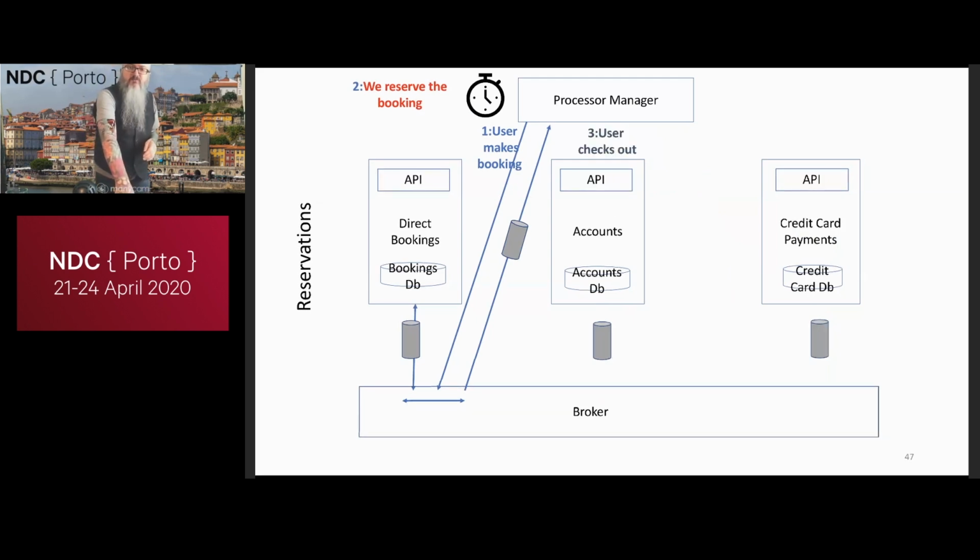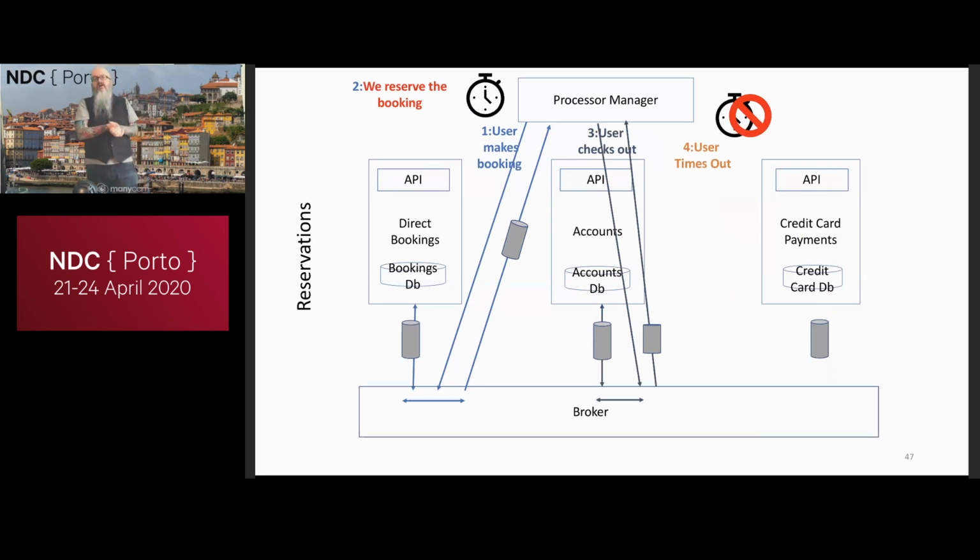And as we go through the rest of the process, if for some reason we fail to reach the end, perhaps because we didn't get all the details we needed from the customer to complete the credit card payment portion of the work, then we can time out that transaction and reverse the booking. That then frees that booking up for somebody else. So if you try and buy tickets for the movies or for a concert, you'll quite often encounter the reservation booking and you'll see a timer on your screen saying, hey, you have 10 minutes to complete this. And again, process managers can help you run that.